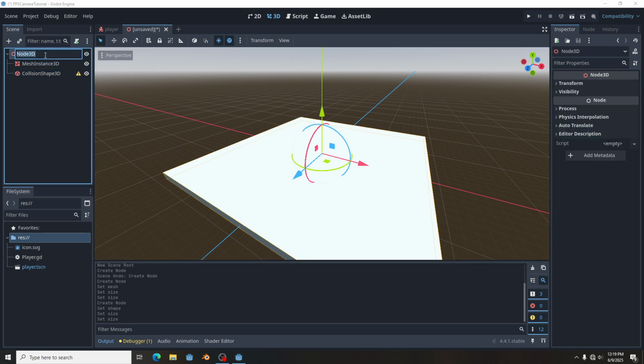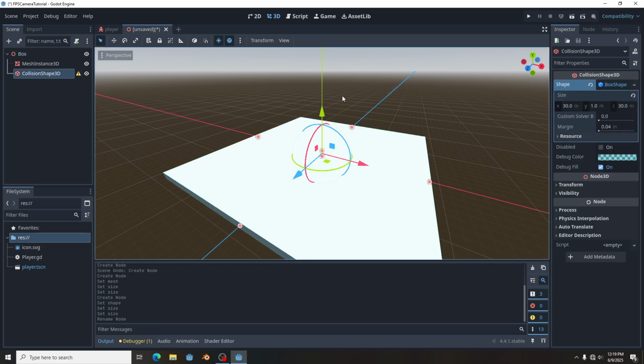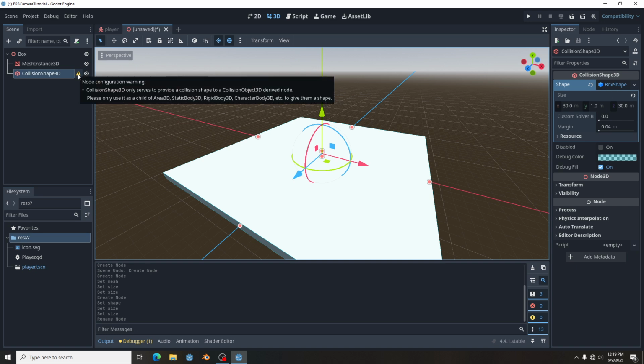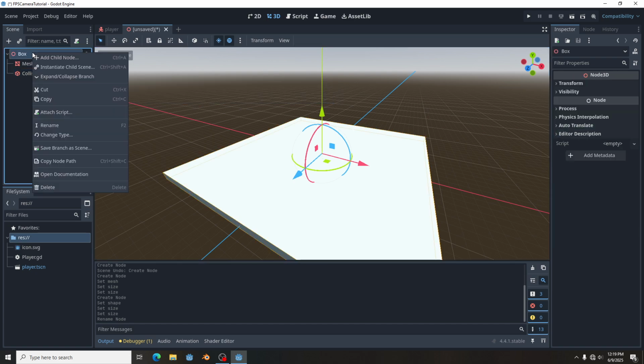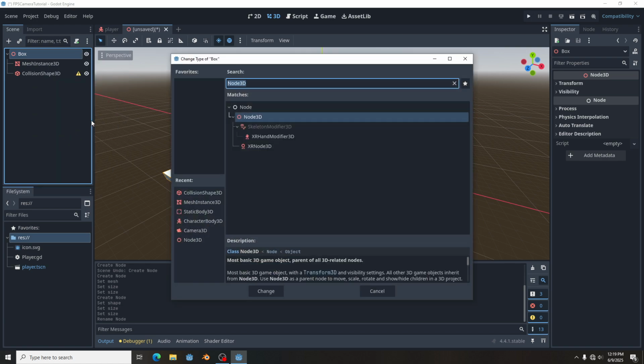We'll call this, I don't know, let's just call it box. Let's change this to a static body,